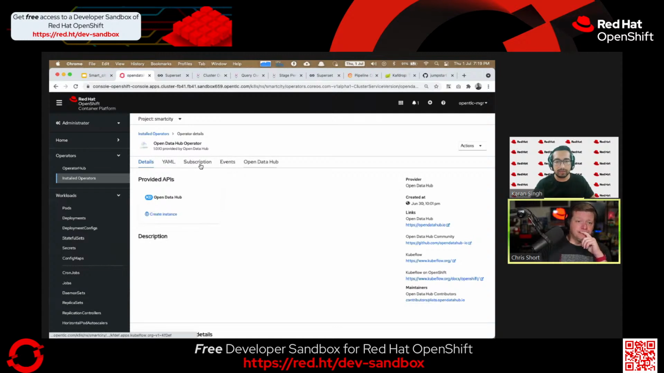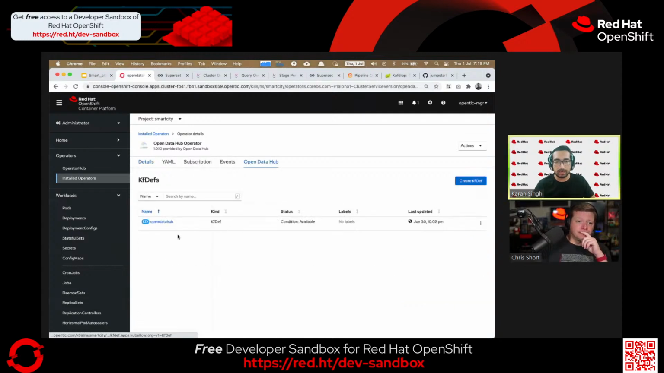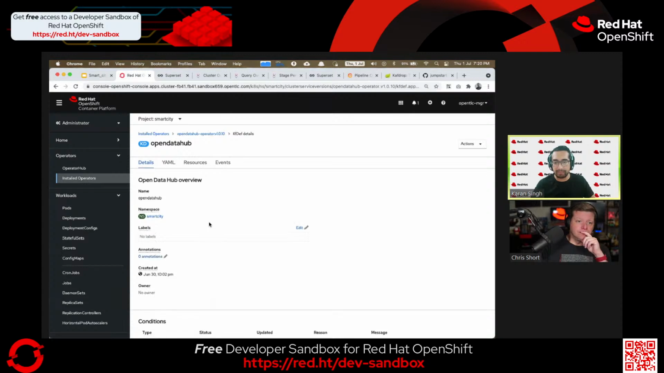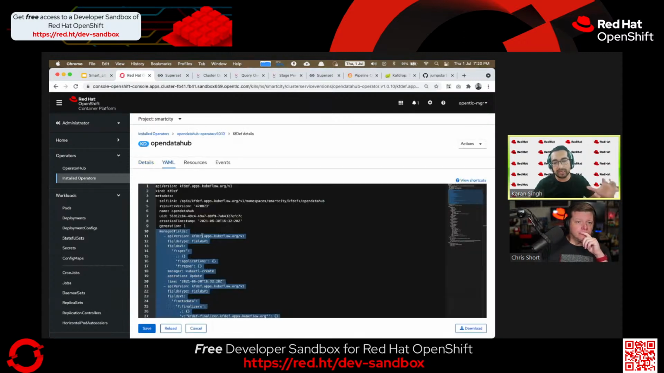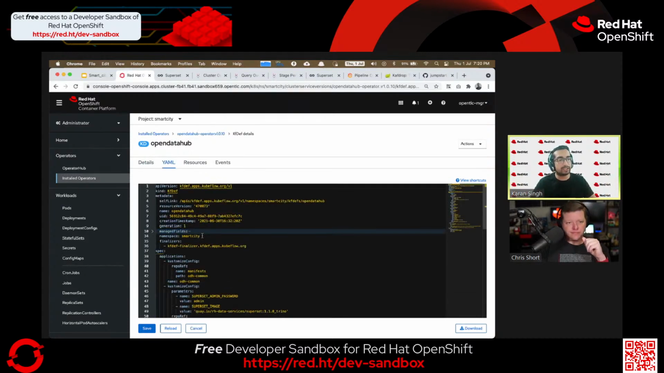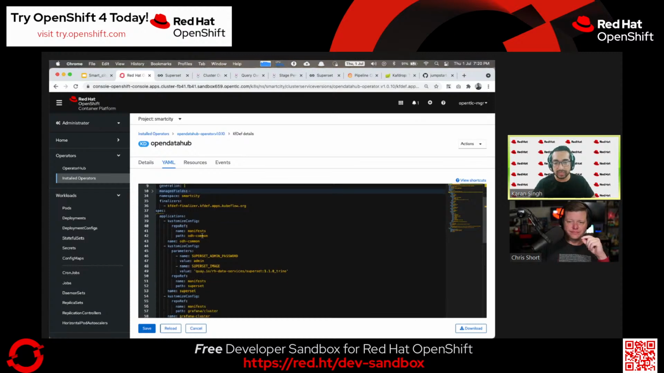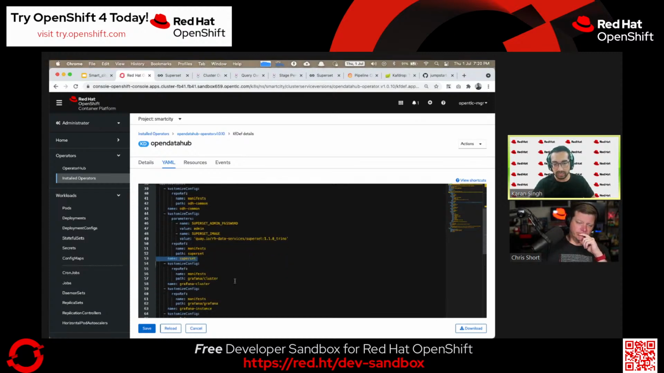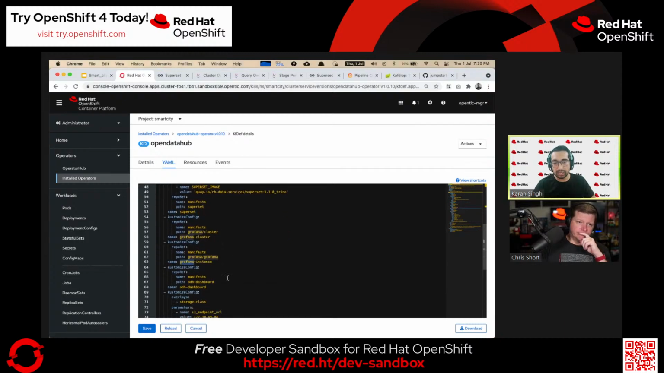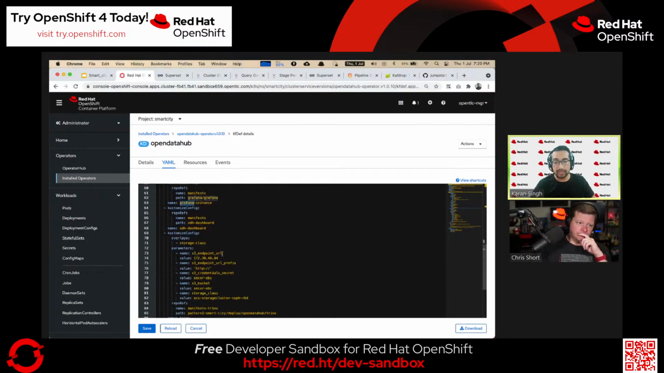And if you go to Open Data Hub and then the KfDef, I'll always use this one. Here you can define which components you need. You might not need all the components that ship with Open Data Hub, right? You can choose which components you need in this YAML file. So I'll say, okay, I need Superset, and I need Grafana, and I also need, and this is the magic